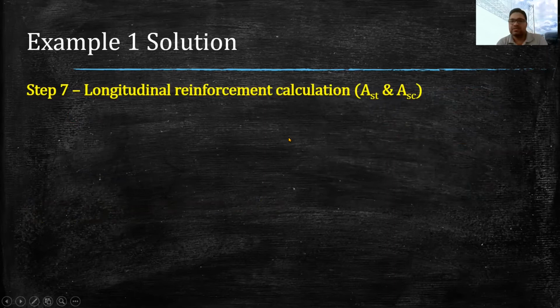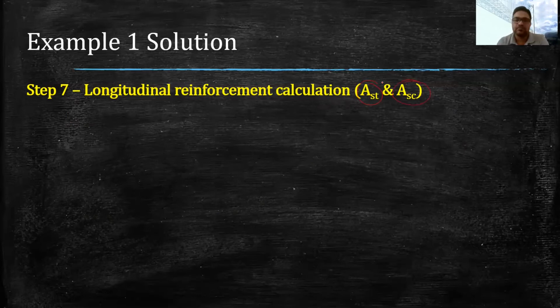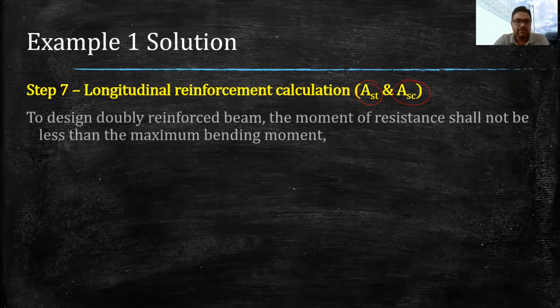So now in this step we are supposed to find out the reinforcement, because till now we have calculated the load and the effect of load in terms of bending moment, and we have checked the depth, and now it is confirmed that we are designing the doubly reinforced beam. So in the doubly reinforced beam, we will find out the value of AST and ASC. We have seen how we find it. So simply we will use the relations.